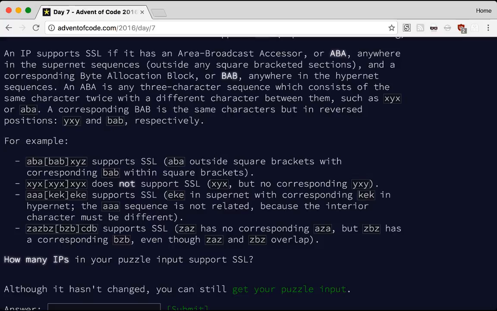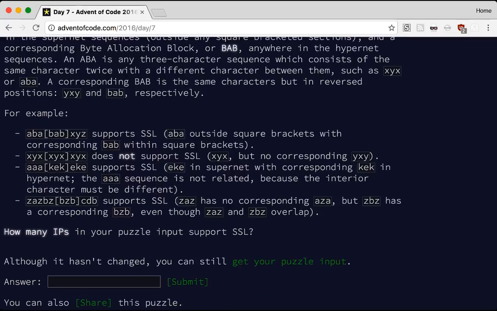Okay. That's more interesting. So we can't just handle each segment independently anymore. So I think that what we need to do is, we need to write another function that, well,